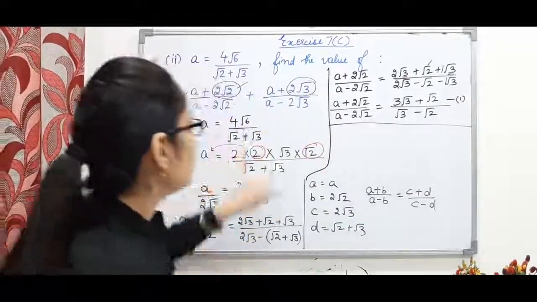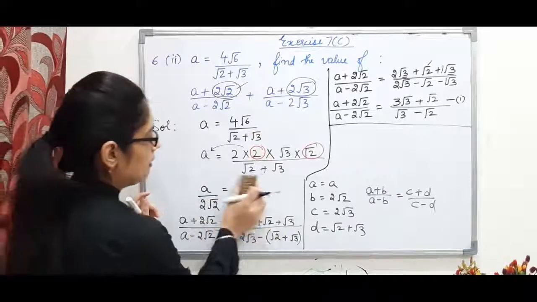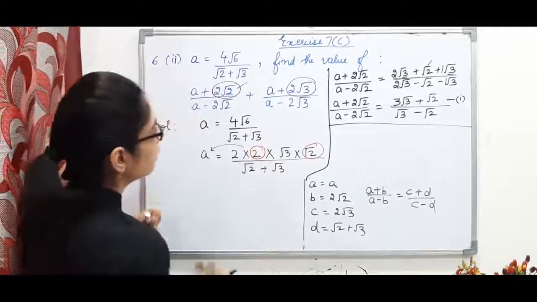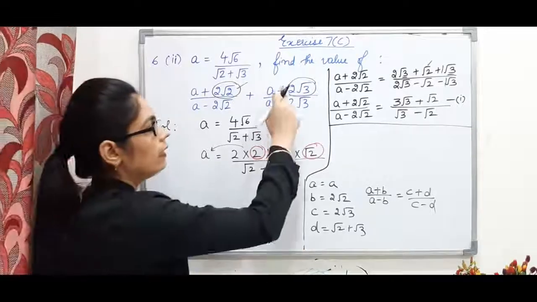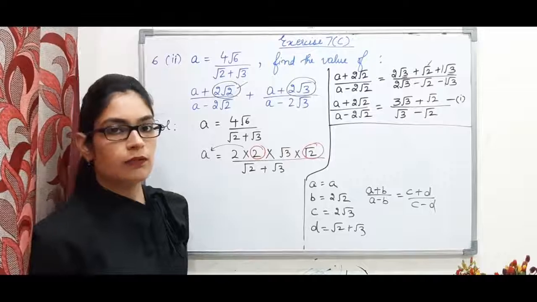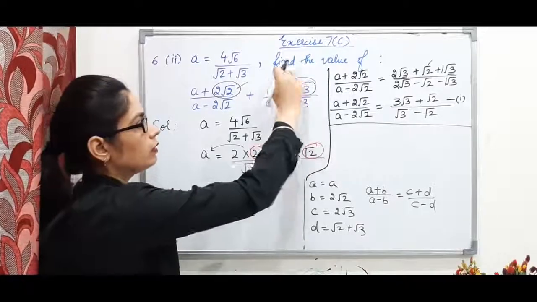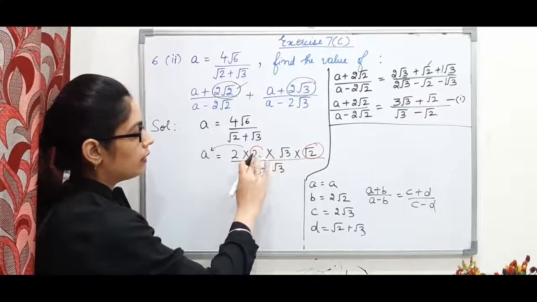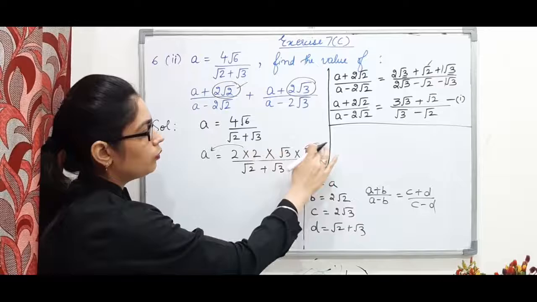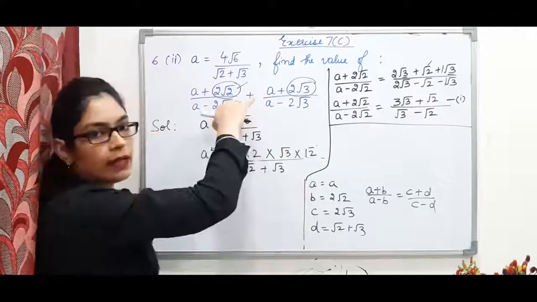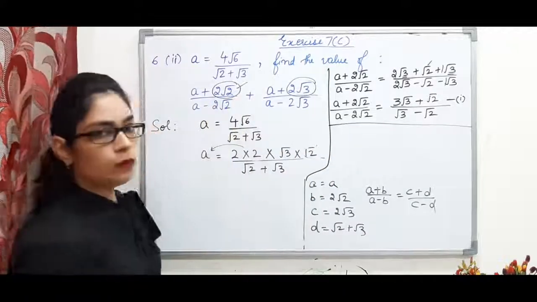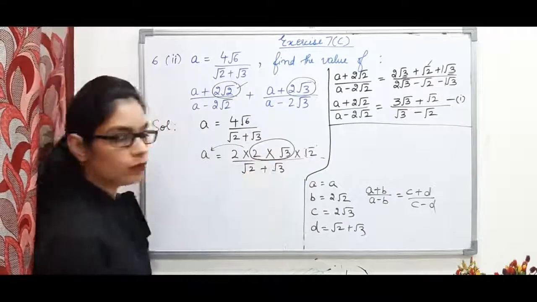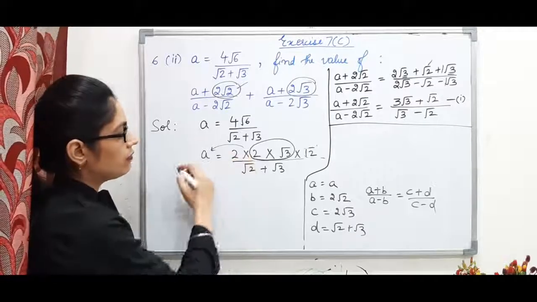Now we have to find the value of this expression. So same way we have to do, only the values will now change, because with a I need 2 root 3. See, whatever expression you need with a, that expression only or that number only we will shift to the other side. Now I need 2 root 3. So 2 and root 3 I will shift. In here I needed 2 root 2, so 2 and root 2 I shifted. So this I will shift, 2 root 3. 2 into root 3 means 2 root 3. This I will shift now.